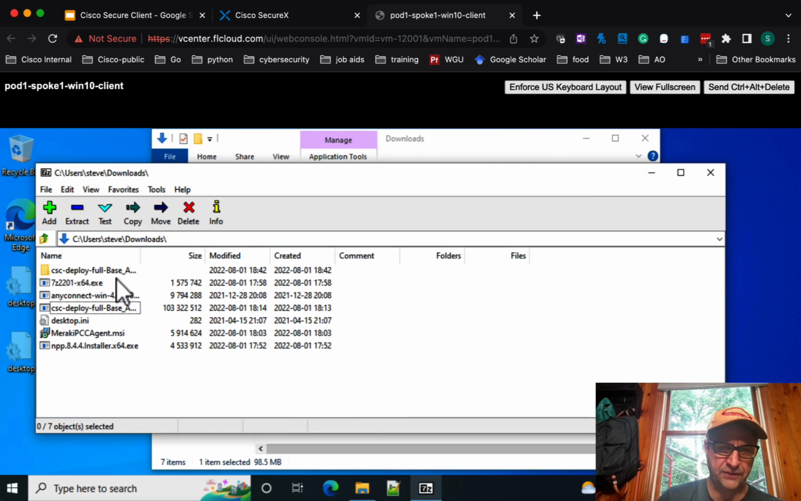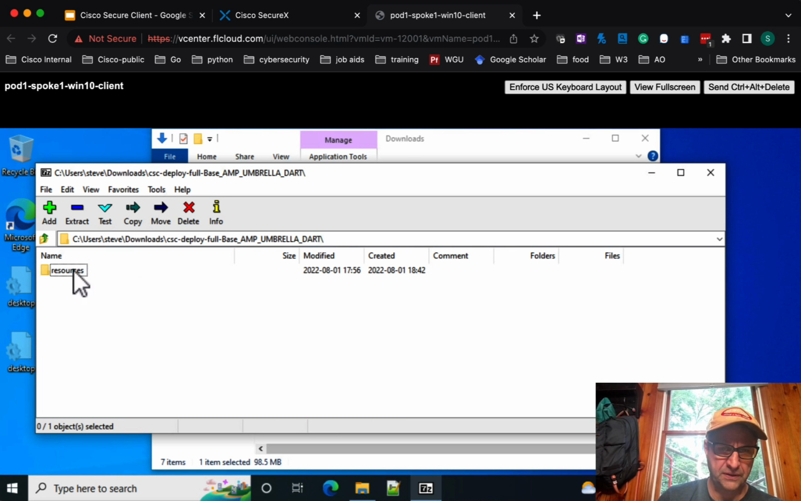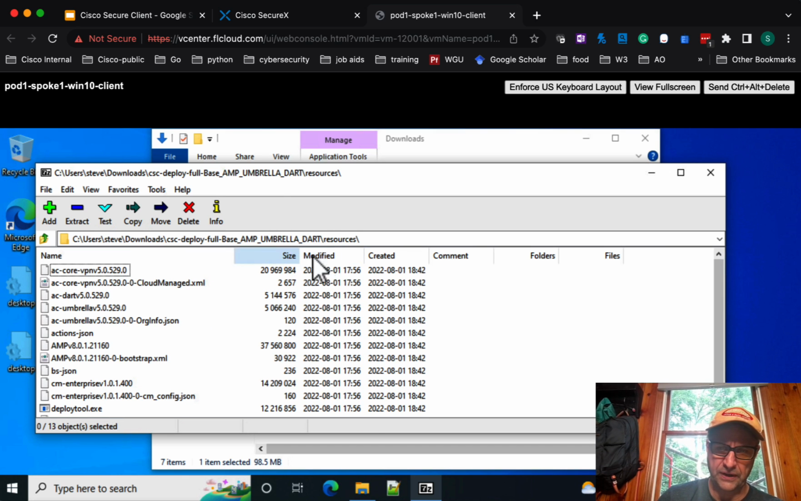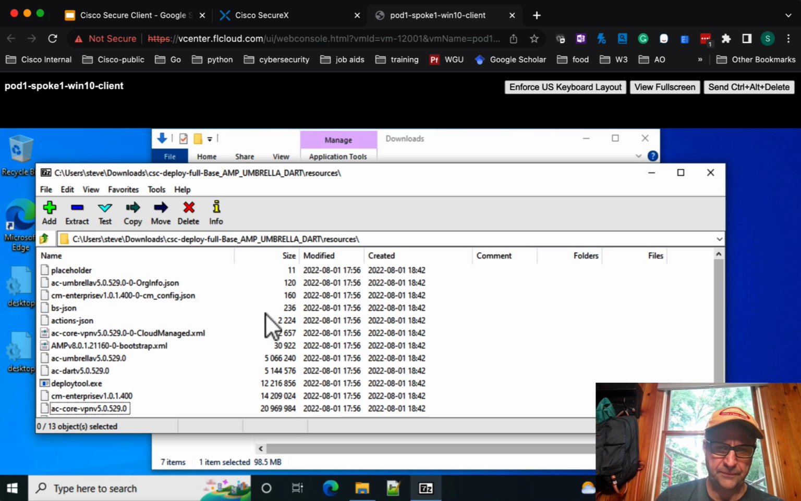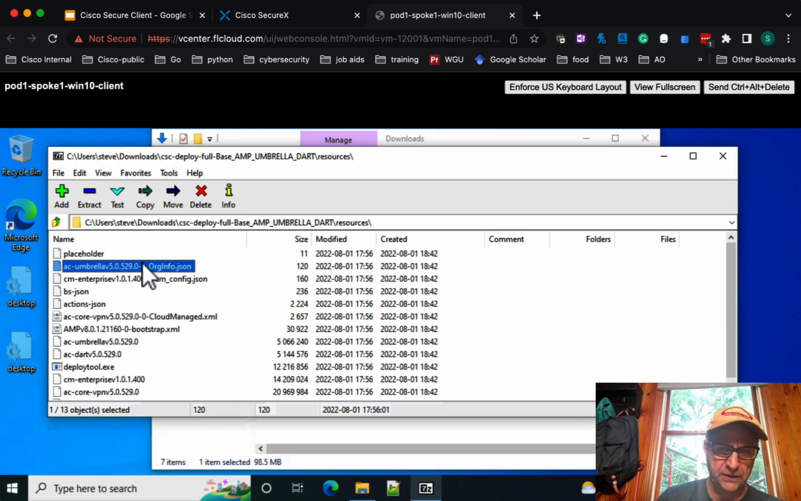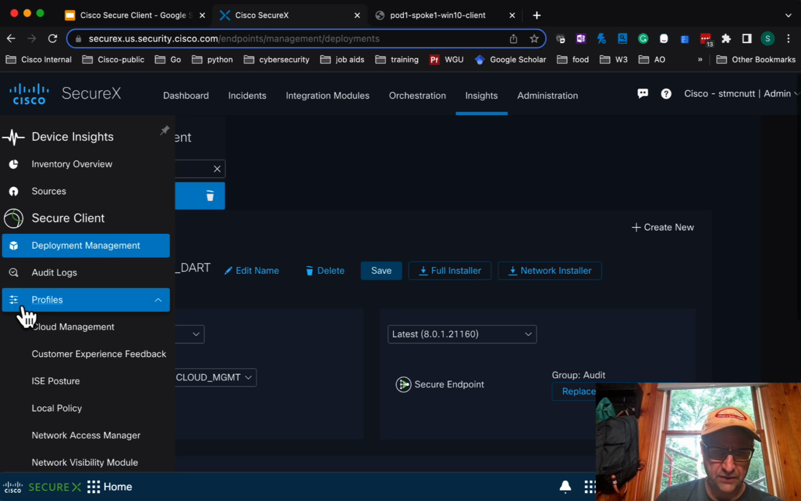So we're going to take this package and open it. And notice we have this resources folder. If we look inside this resources folder, I'm going to take the liberty of sorting by size, which will make sense in a moment. Okay. So notice we have some JSON files, right? This is going to be our Umbrella org info file, which should be familiar to anyone who's used Umbrella. This is our cloud management file. So all the things we configured in this cloud management profile right here,